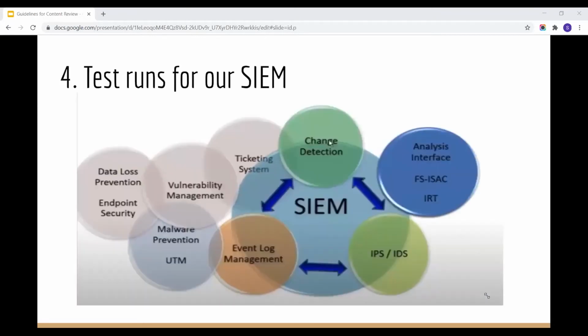Moving on to the next best practice: doing the test run for your SIEMs. It's highly recommended to do that, and there are many tools available that you can use to launch a simulated attack against your own IT infrastructure. Now, SIEM testing is a huge topic itself, warranting an altogether separate Connect session some other day.